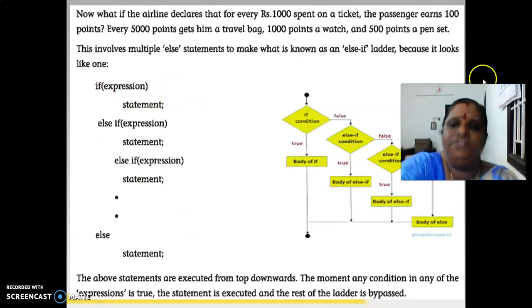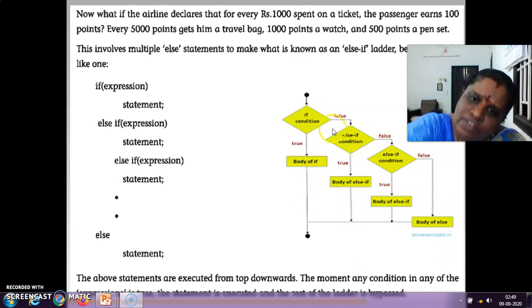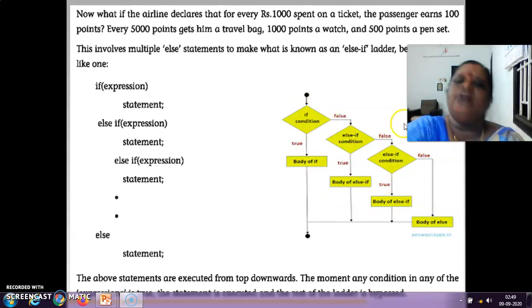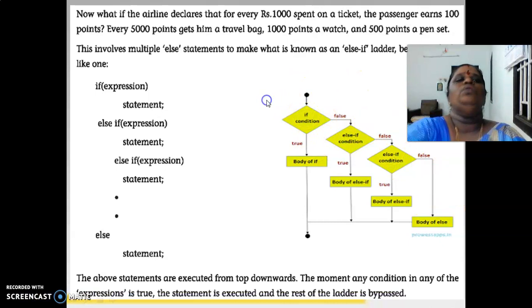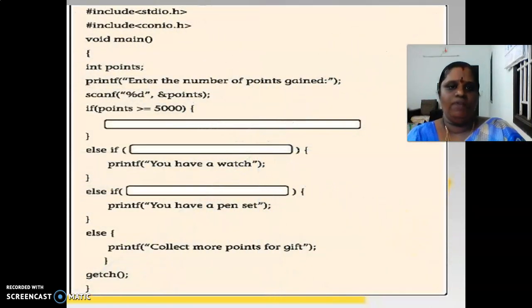See, this is the nested if else statements. If condition true, body of if. Else, this condition is checked. If it is true, body, else another condition. Likewise, it is like a ladder here. So to avoid the multiple if else statements, we are going to switch case. These else if statements, we can go into a switch case also.